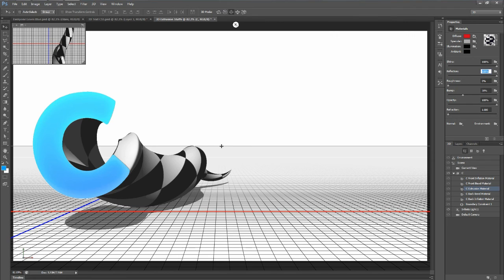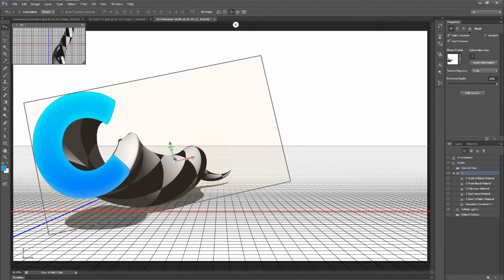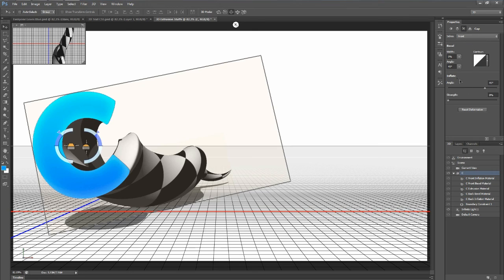One more thing that I want to do to make this a little bit more interesting is go to the C object, and go to the third icon which says cap and give that a click. For this we're going to go to the inflation and change the strength from 0 to 5%. Then we'll click somewhere else so that it applies. This will essentially make the surface of the C a little bit more round and more bubbly looking. That's basically all there is to the letter C, and we can start doing the same thing to the other letters,